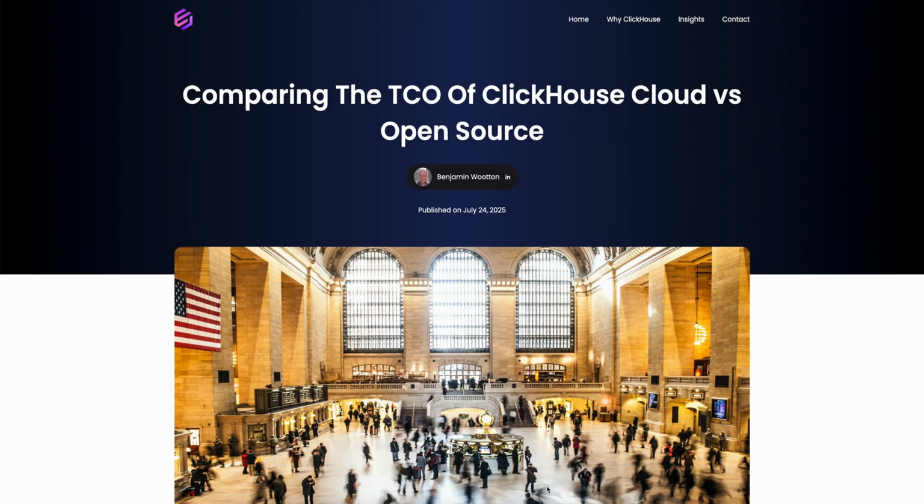In this article on my website, we compare the total cost of ownership of running ClickHouse Cloud versus an open source cluster on AWS. Now, this decision isn't as simple as it might first seem, because although open source is free to download and use, there are obviously costs associated with doing that, such as the infrastructure costs of your AWS or Azure servers,